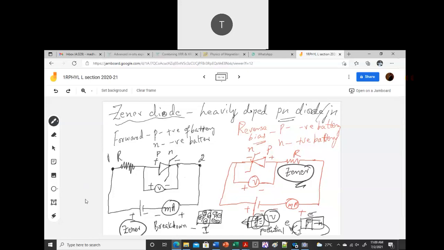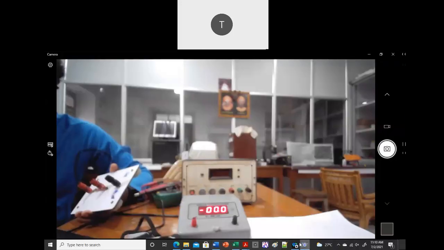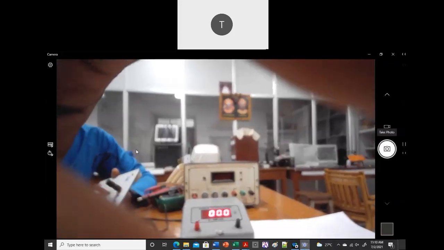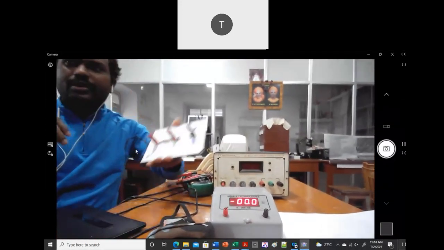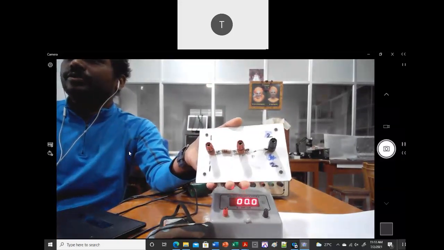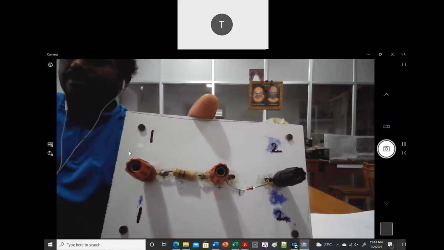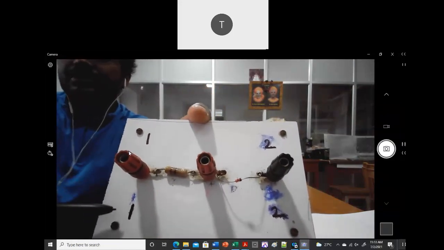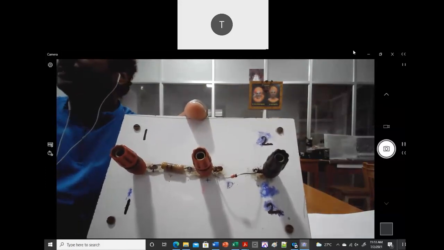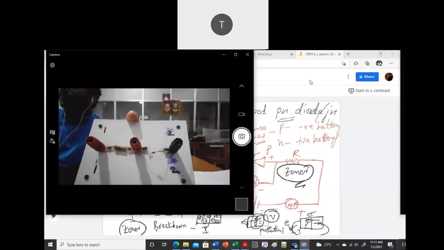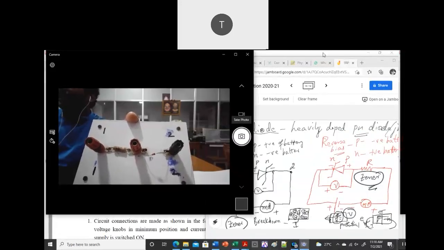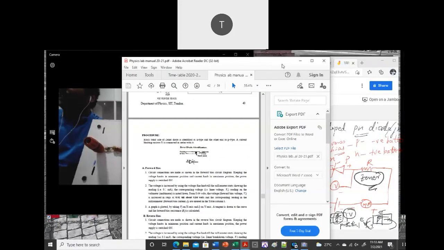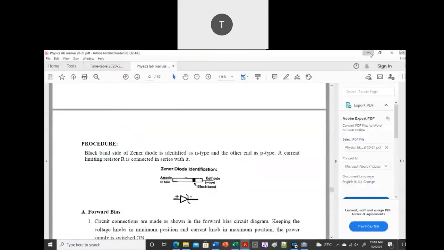Okay. So now I will show you this experiment. I think it's clear now. So I will take this, your board. Okay. So when you take the board, you have one and two. One is your first terminal, and this is the second terminal. So I will use the same thing from your circuit diagram. Okay, so then we will try to do the circuit diagram. After that we will take the readings. Okay, so we will try to take the readings.